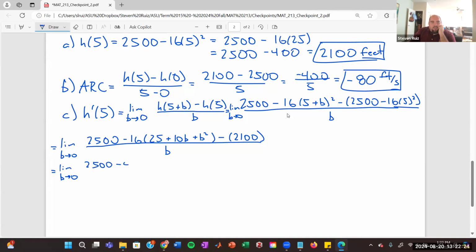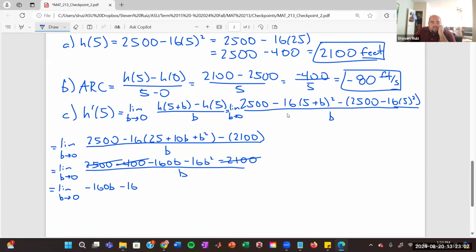16 times 25 is 400. Plus 10b, so minus 160b, minus 16b squared, minus 2,100, all over b. All right, has anything convenient happened for us yet? Hopefully you are seeing that it has. 2,500 minus 400 is 2,100, and then minus 2,100, all these constants annihilate each other. So what I'm left with is minus 160 times b minus 16b squared